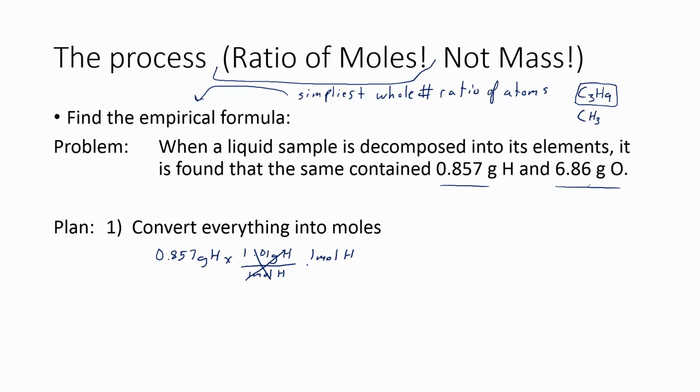So 1 mole of hydrogen for every 1.01 grams of hydrogen means that we have, grab the calculator, 0.857 divided by 1.01, and we get 0.849